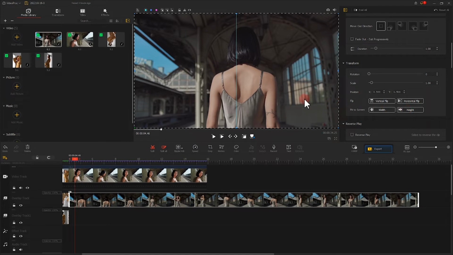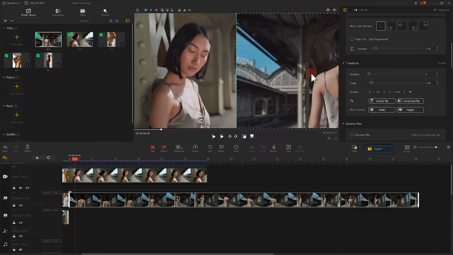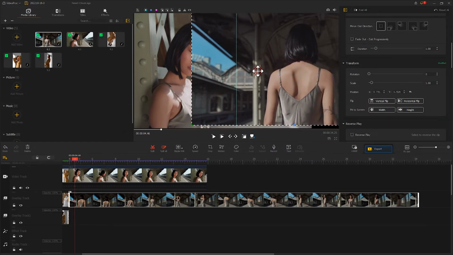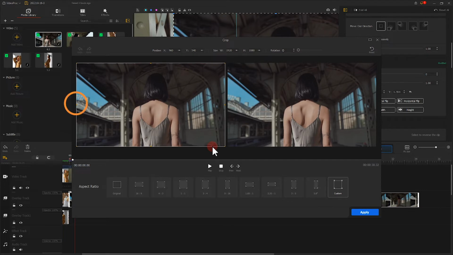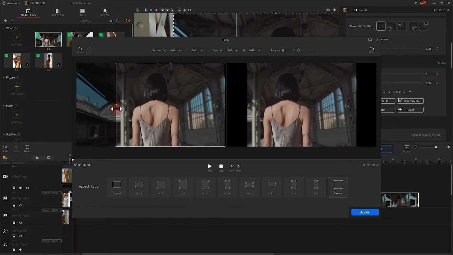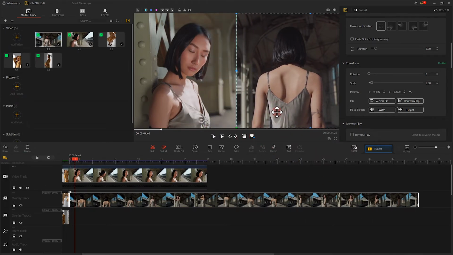If we drag it directly, the model will go to the outside of the canvas. In this case, we need to crop it. Choose Crop. Select this small dot on the left side and drag it. Move it to about here. Hit Apply. Then we reposition it. Disable the guide. That's it. Next,